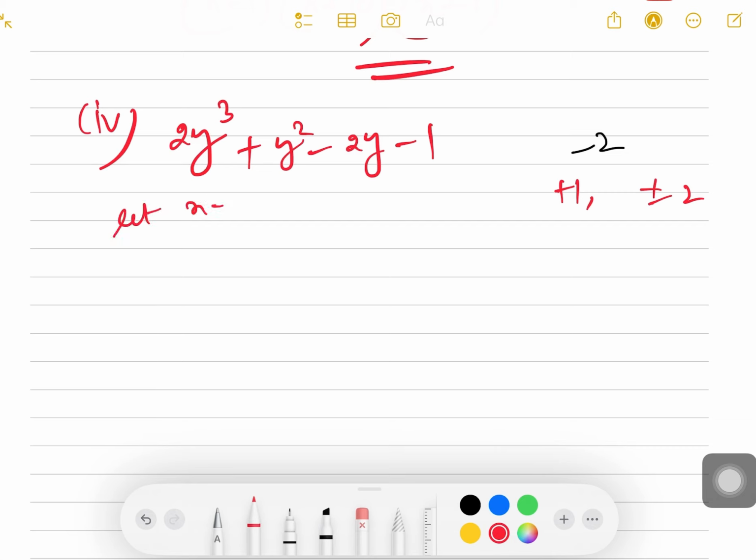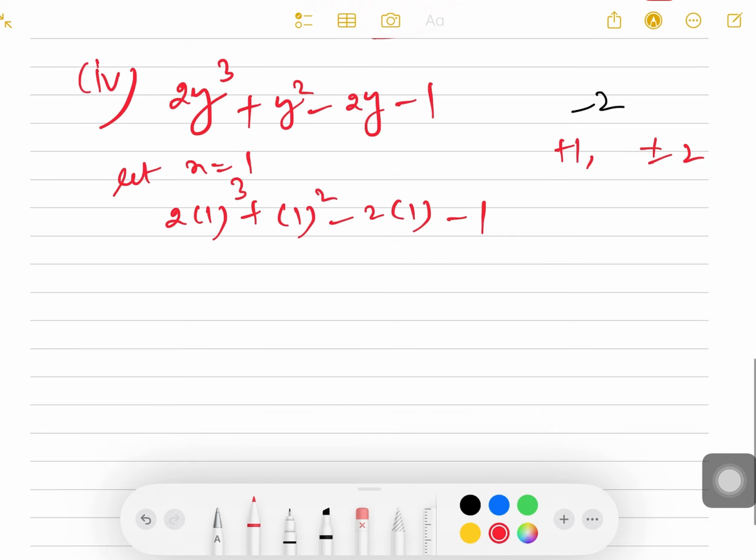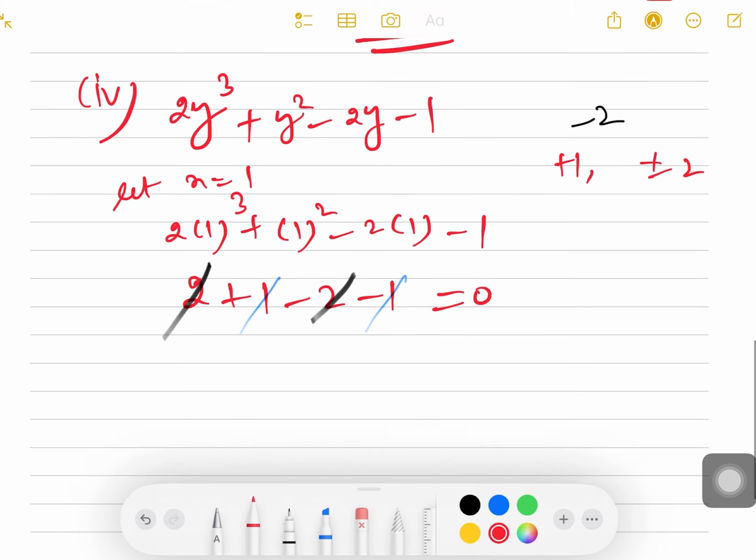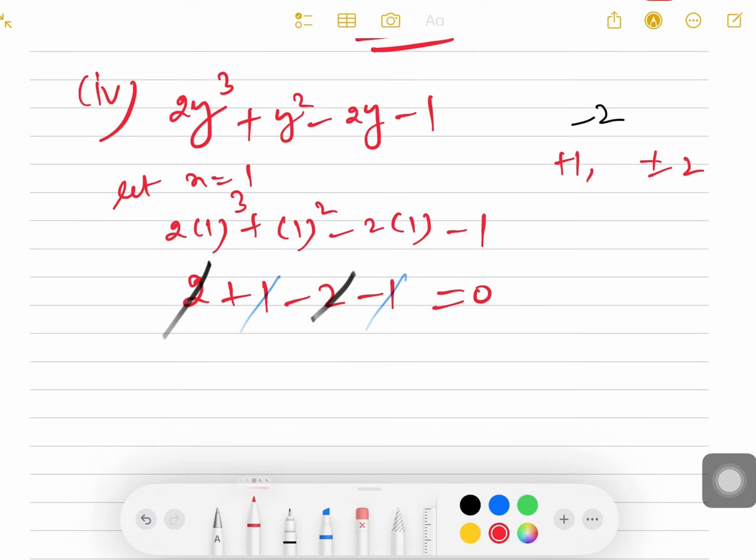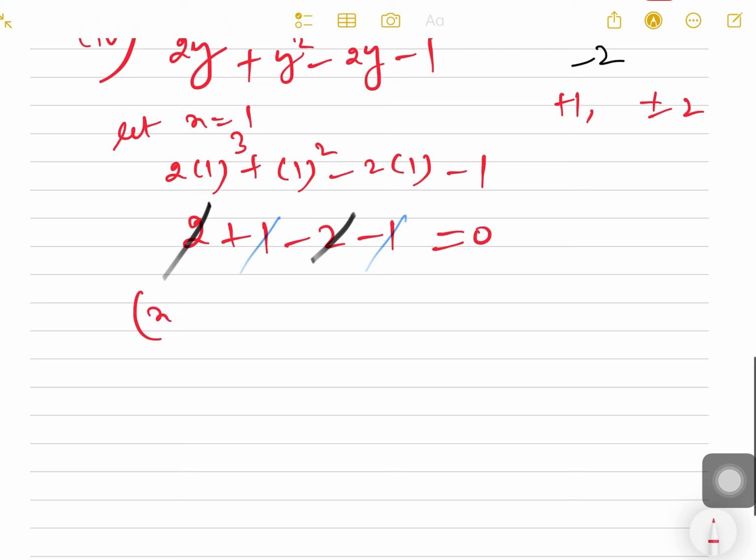So first let us check with positive 1. So let x equals to 1. So 2 times 1 cube plus 1 square minus 2 times 1 minus 1. 2 plus 1 minus 2 minus 1. So this got 0, this also 0. Finally we are getting 0 and we substituted plus 1. So opposite sign is negative 1. So we can say x minus 1 is one of the factors